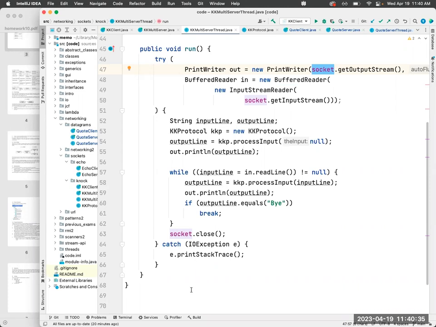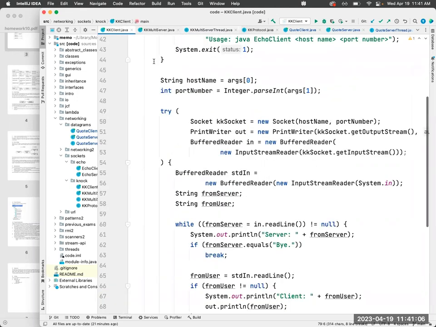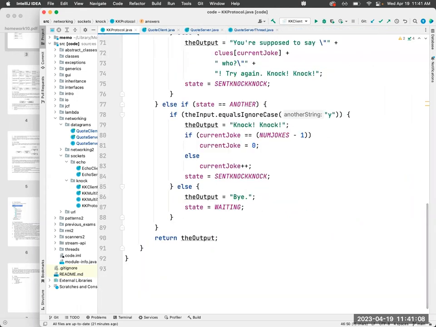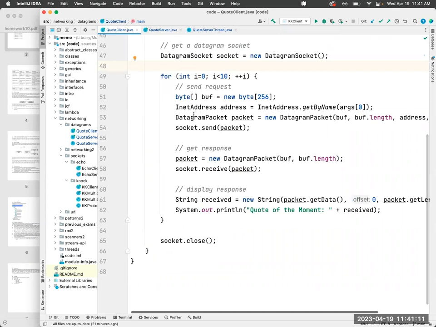Any more questions on this example that you have here? Now let's move on to our next example. Oh, by the way, I did not mention it, but it's an important thing. For the homework, you can fully use sockets. You don't need to implement the datagram-based communication, okay? Based on the examples that I have shown here, you already have everything that you need to have your homework completed. But let's move on to our last example on networking, which is based on